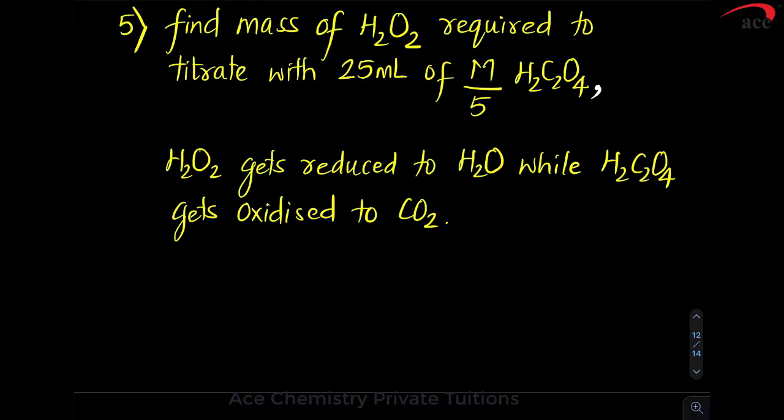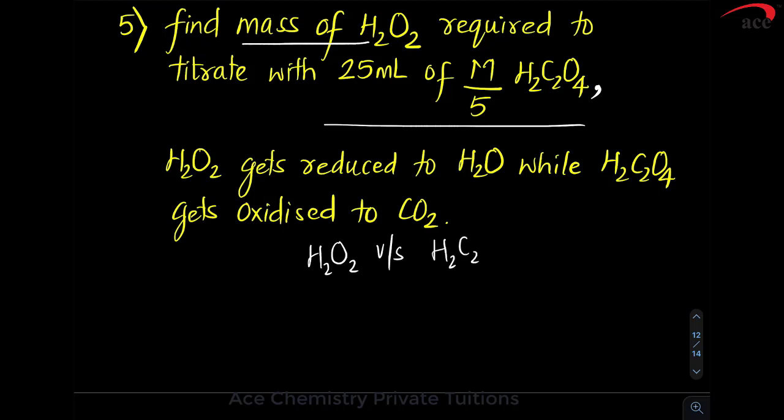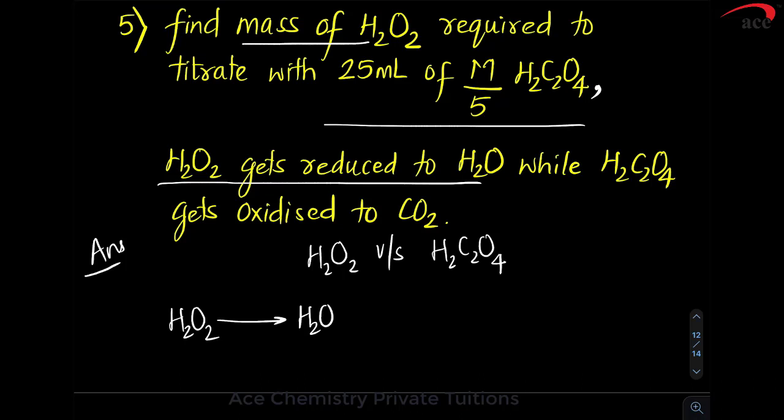So these are different types of numericals that we have solved based on the equivalent concept. Please go through it again and again. Find the mass of hydrogen peroxide required to titrate with 25 ml of oxalic acid. Now in this case, hydrogen peroxide is a new substance for us. We have not commonly learnt it. So there is a reaction between hydrogen peroxide and oxalic acid, so we require the factor for hydrogen peroxide. In most of these questions, they will give you the product. So if you check what is given,